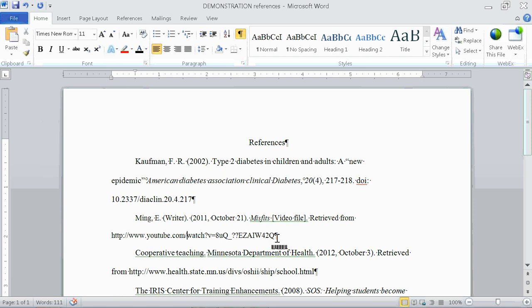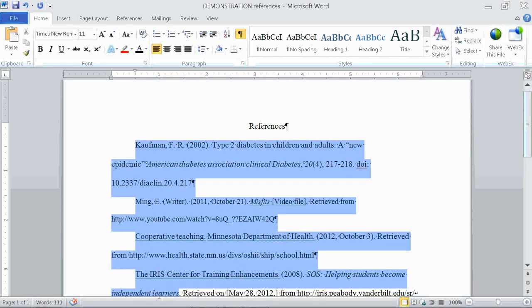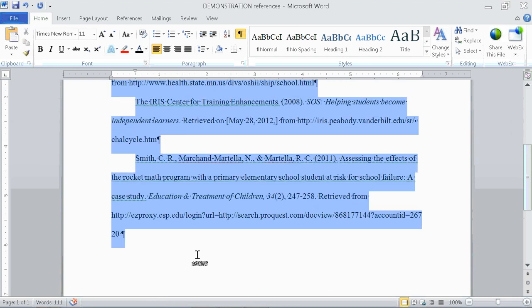Once I have all that figured out, I make sure my word References is centered, and I will highlight everything, all of my references under the word References. I will highlight them all, and then I go up to my ruler tool, and I change the position of the triangle. So instead of a half-inch indent on the first line, it will be flush left on the first